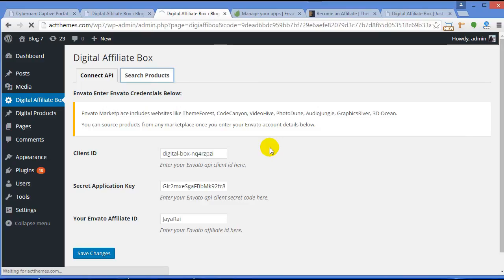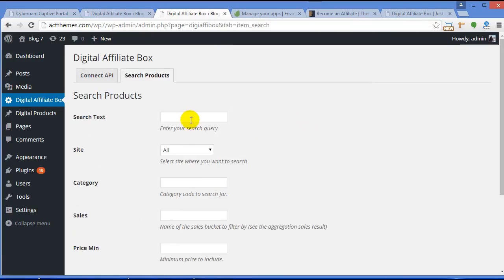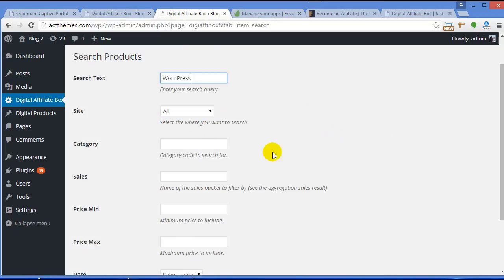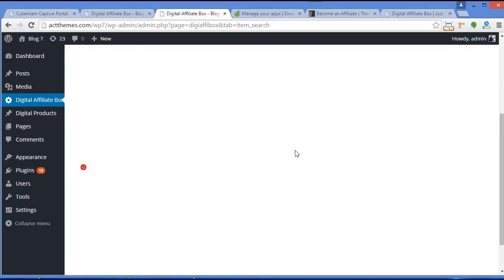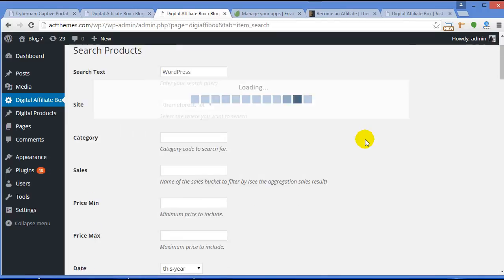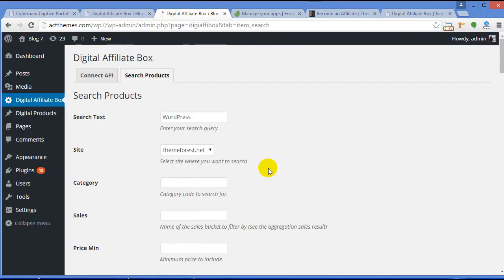Go to Search Product. From here, enter your search product criteria. So here, like I'm writing WordPress. Now site ThemeForest, filter. Searchable theme.